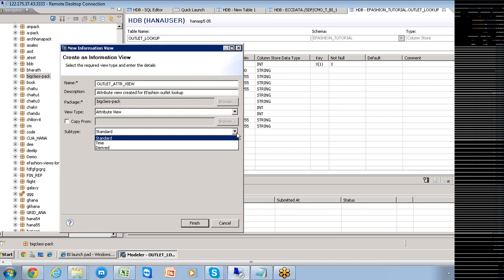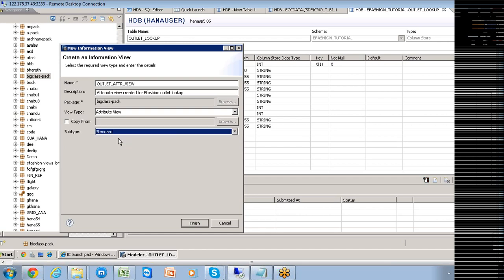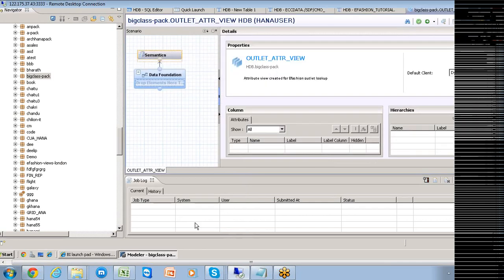So this is the standard dimension I want to use for creating this attribute view. Select this one. Click on finish.